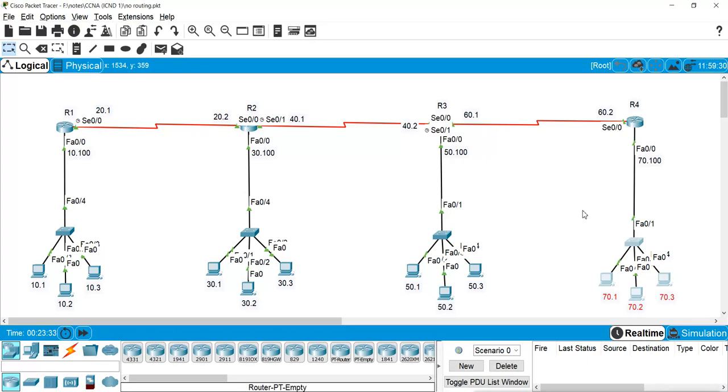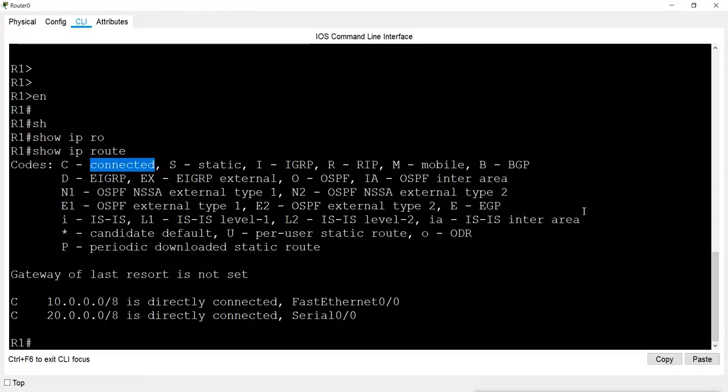Now we will configure RIP on this Router 1. If we configure static routing, in static routing we have to create this routing table manually. That means we have to manually add an entry for the other networks, which are 30, 40, 50, 60 and 70. Or we can even have more, and I have to add all those network entries manually. And what does an entry mean?